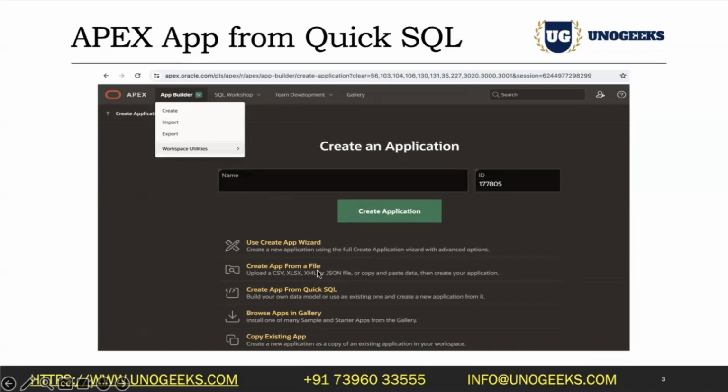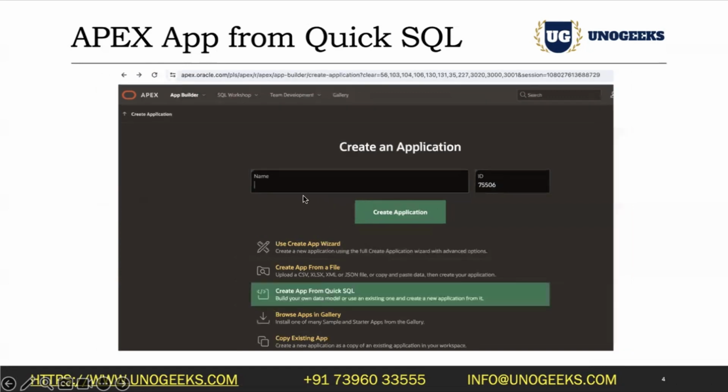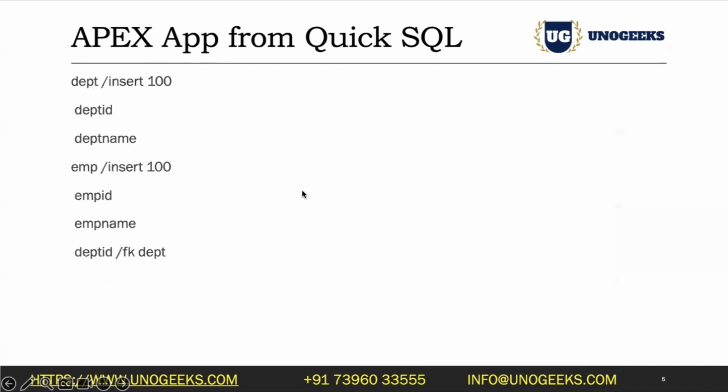And in our sessions prior to that, we've also seen how to create an application from various files, a CSV, Excel, or JSON. So we're going to focus on the third option in this session, and we'll see how to create an application from a quick SQL. So you need to select that option, give it a name, and you can write quick SQL statements. There is a specific format in which you need to write the SQL,